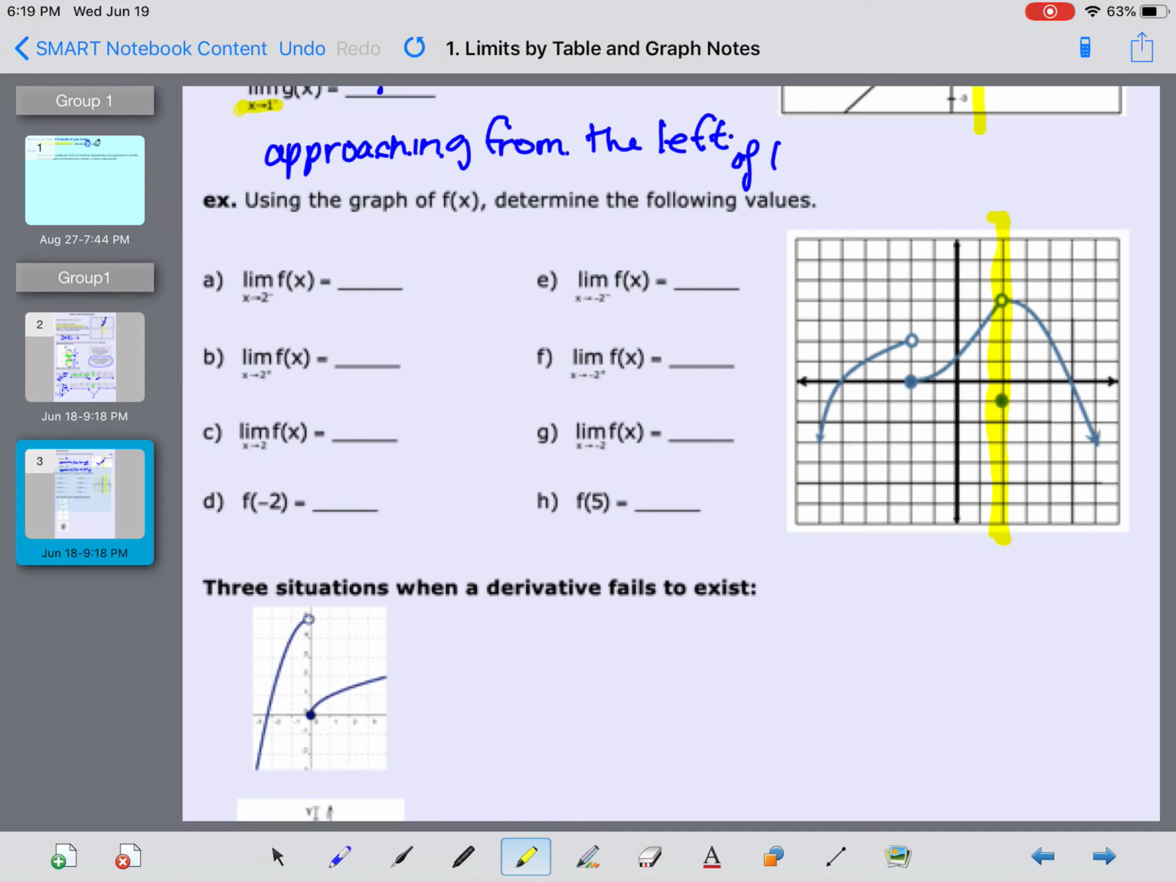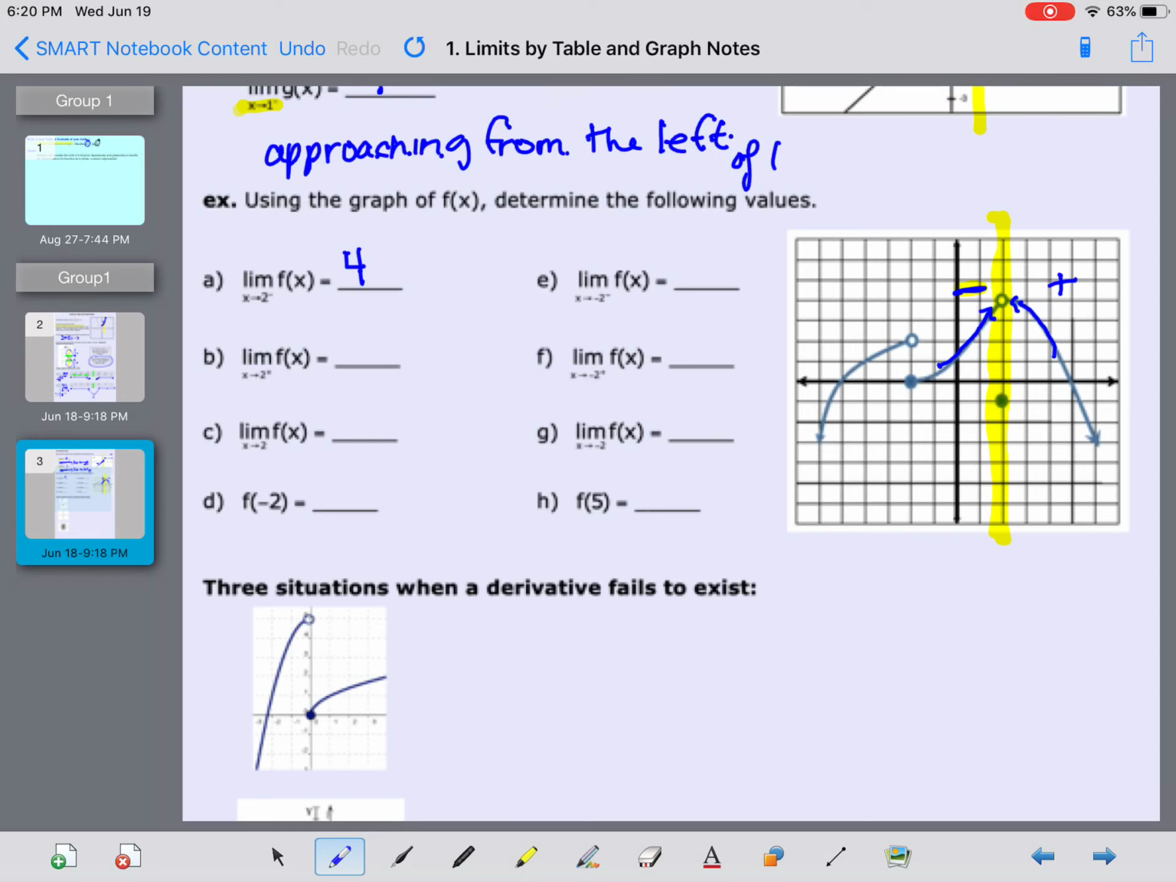The first one says approaching f of x as x approaches 2 from the negative side. So our negative side of this line is this piece right here. I need a pen. This piece right here. So I'm approaching that line from the negative side, and that value is like 1, 2, 3, 4. Let's assume that they go by ones. Okay, 4. If I approach from the positive side,